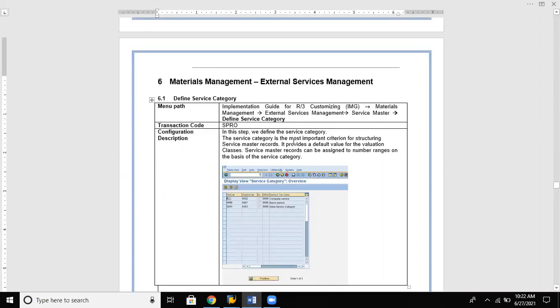For service master records, it provides a default value for the valuation classes, and the service master records can be assigned to number ranges on the basis of the service category. So here you are going to maintain the valuation classes data, and these records can be assigned to number ranges on the basis of the service category.